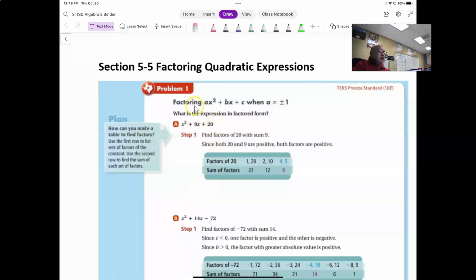Today's lesson is factoring x squared plus 9x plus 20. This is a trinomial, and in order for us to factor a trinomial, you have to look at the constant, which is 20, and you have to find the factors of 20. So we have 1 and 20, 2 and 10, and 4 and 5. Since 4 and 5 gives you 9, which is the middle term, then we know that we can factor this as x plus,